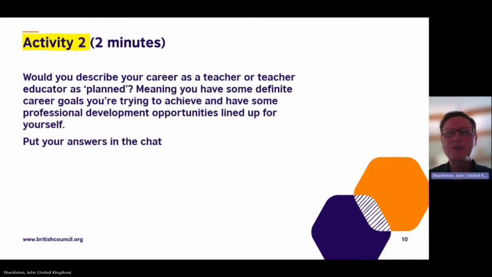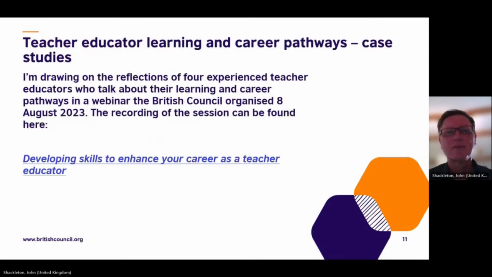Okay, did you manage to do that then? Manage to decide whether you're the kind of person that plans, you've got a career path that's all laid out, you're more freewheeling. Okay. So